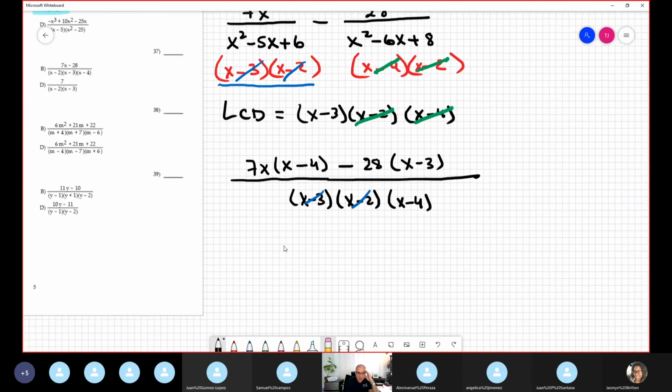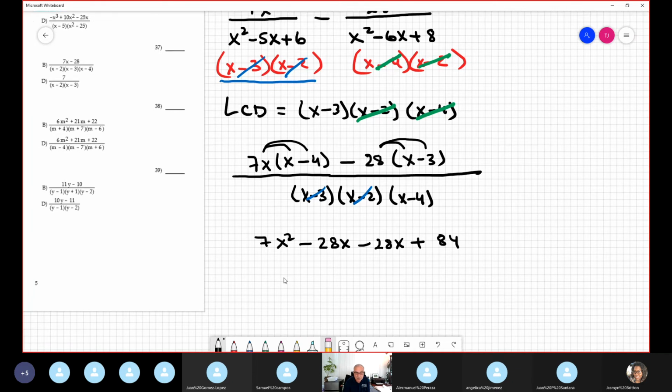Okay, now the rest is just distributing. That is 7x squared minus 28x minus 28x again, plus, so I put in the calculator 28 times 3, 84. Okay, so 7